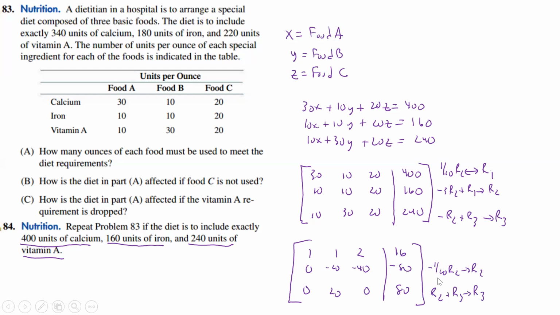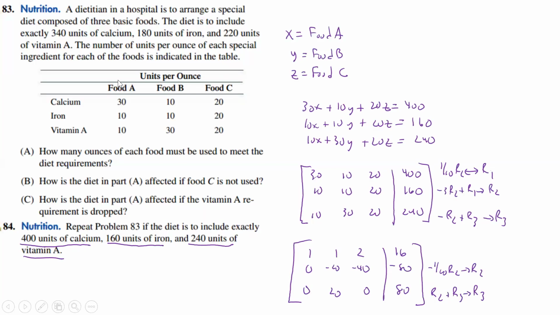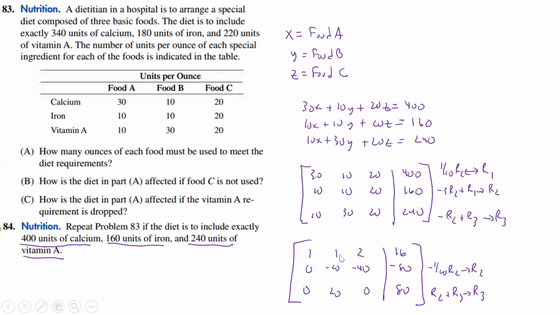1, 1, 2, 16. Okay. 1, 1, a 2, and then a 16. And then we're taking that, so it's a 1, a 2, and a 4. So it's going to be 0, a 1, a 2, and a 4. And then if we go back up here, we take that plus that, so we're taking row 2 plus row 3, so that's 0, and that's going to be